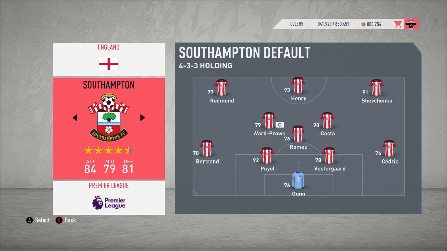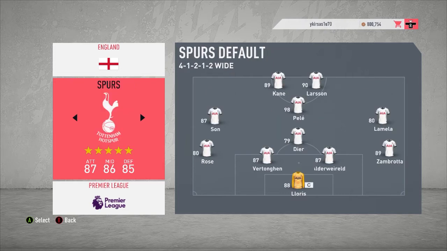Southampton have been given Thierry Henry, Shevchenko, Costa, and Puyol, so that's another really balanced team. Tottenham have got probably the best legend you can get in Pele, 98. And to play behind Kane and Larsson could be quite deadly, and maybe Spurs could be one of the teams up there. They also have Larsson,